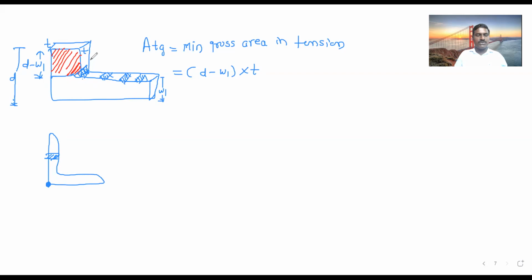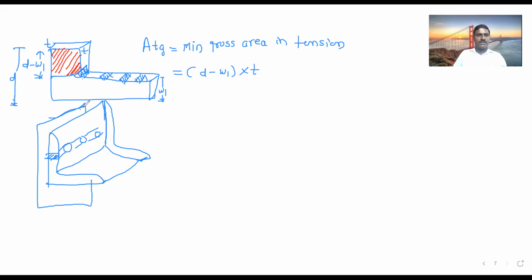Sorry, just a minute. I have to draw this 3D sketch, then you will get more. This is your angle. Now here in this area your bolts are there, correct? In this area you will have bolts if there is a plate behind here. Plate is there, so at this place the bolts will be connected to this plate. Then from here, this area.